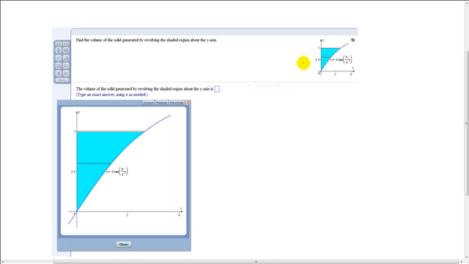All right, in this problem, the region here is being rotated about the